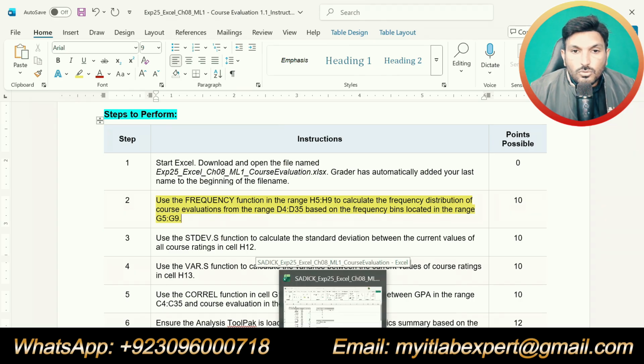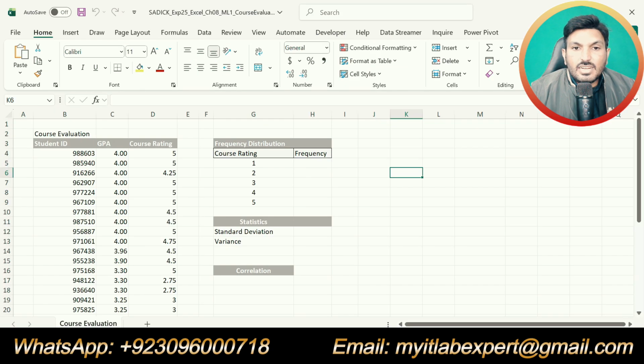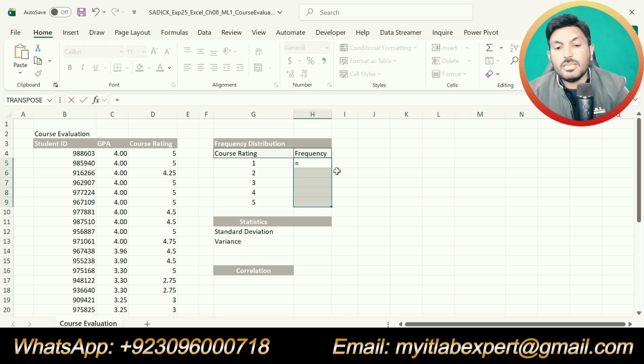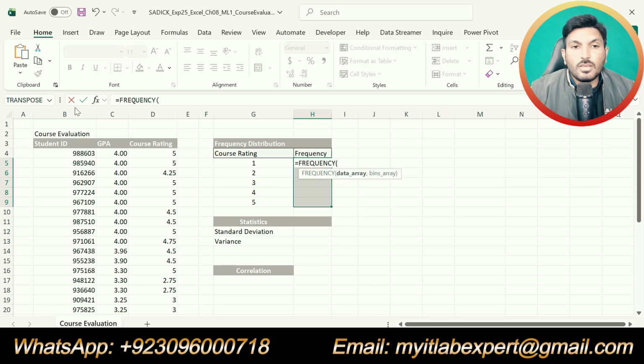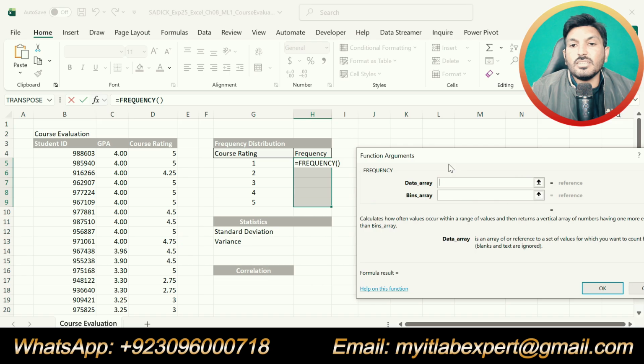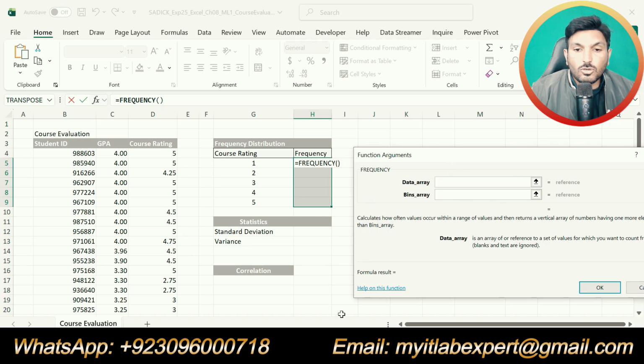So we will go to the sheet and select H5 up to H9. Type an equal sign and type FREQUENCY. Okay, now click on the function symbol to enter the function arguments.